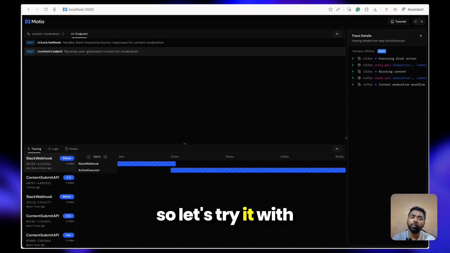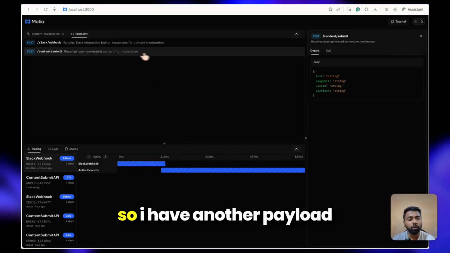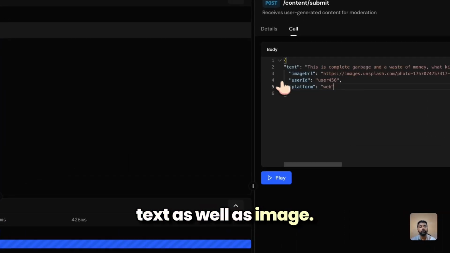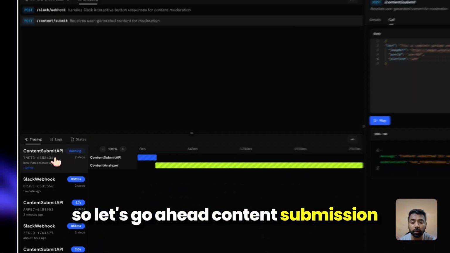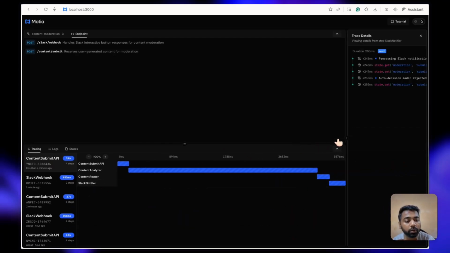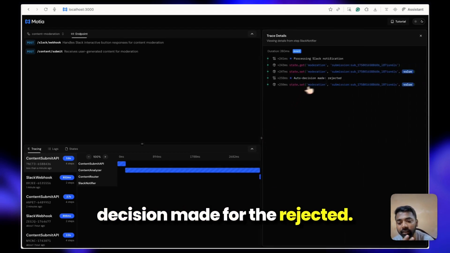So let's try it with the image as well as text. I have another payload where I will try it with text as well as image. So let's go ahead. Content submission API, then Slack notifier. Looks like an automatic decision was made to reject.